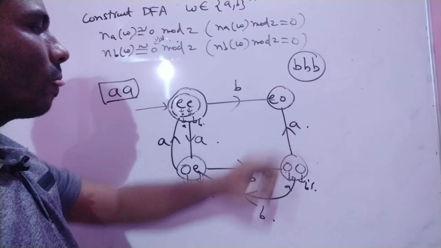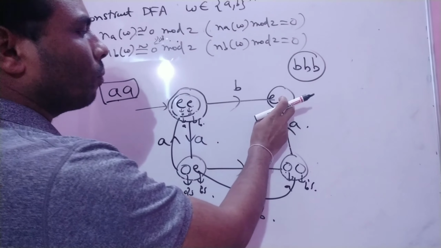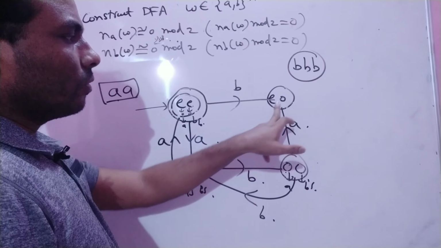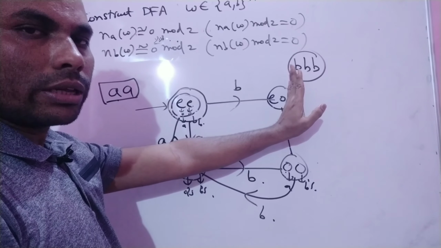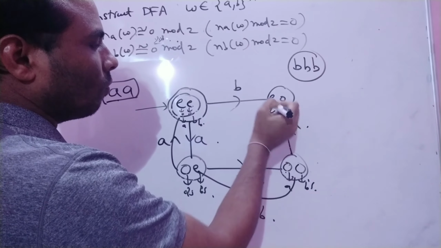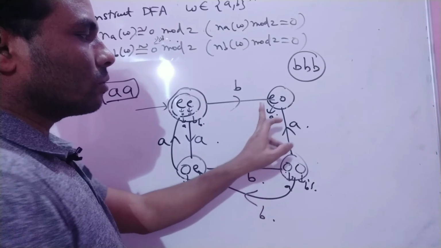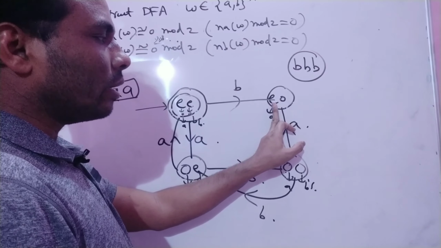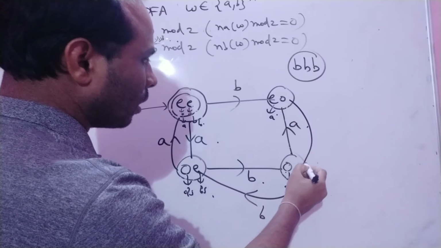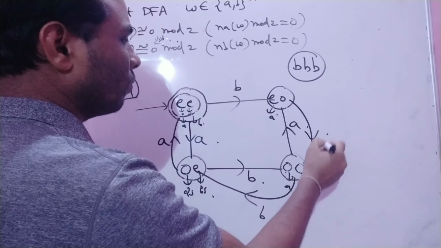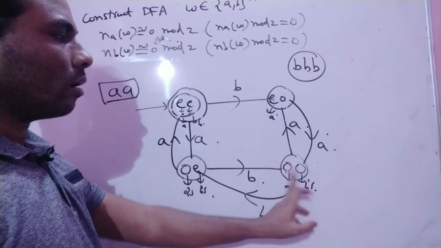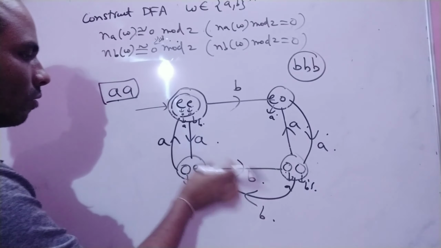Next, this one. This one A is over and B is over. What about this? If you are applying one A, you are not changing B's, only you are changing the A's. So if you are applying one extra A, number of A's should be odd and number of B's are as it is. If you are applying one A, that becomes odd and odd, right? This is over, this over, this over.